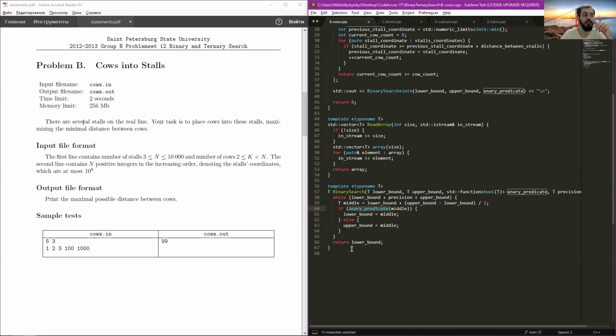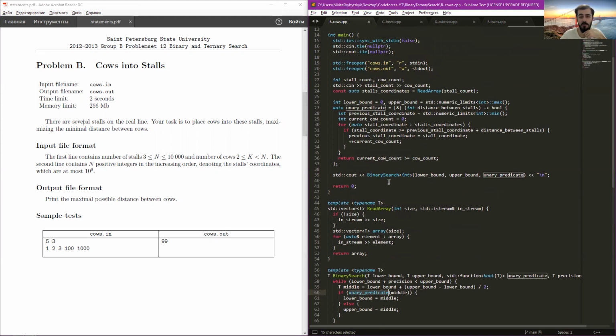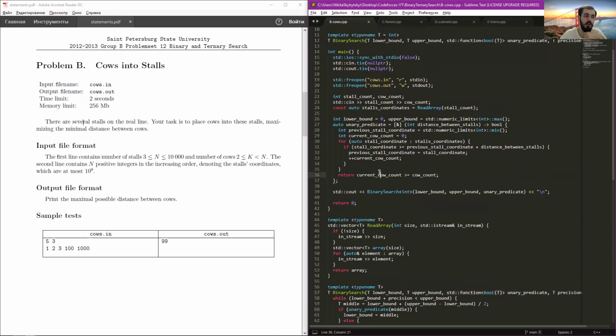So in this version, initially we have true, then we have all false, and we're looking for the last value that returns true. It doesn't really matter, you can always convert one to another by taking the negation. Like your Boolean function will return something, just before it returns, change the condition so that it returns the opposite set. And in such a template, as you can see, we make use of std::function. You could possibly not write the type explicitly and define another template parameter, but I like it more this way. It allows us,